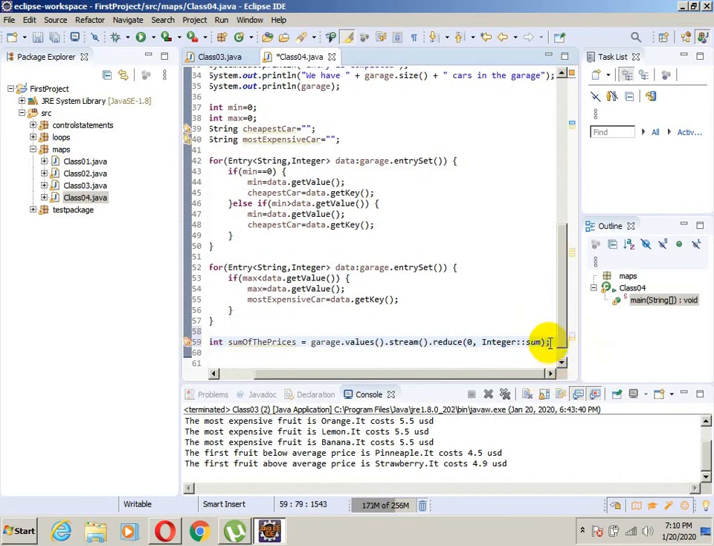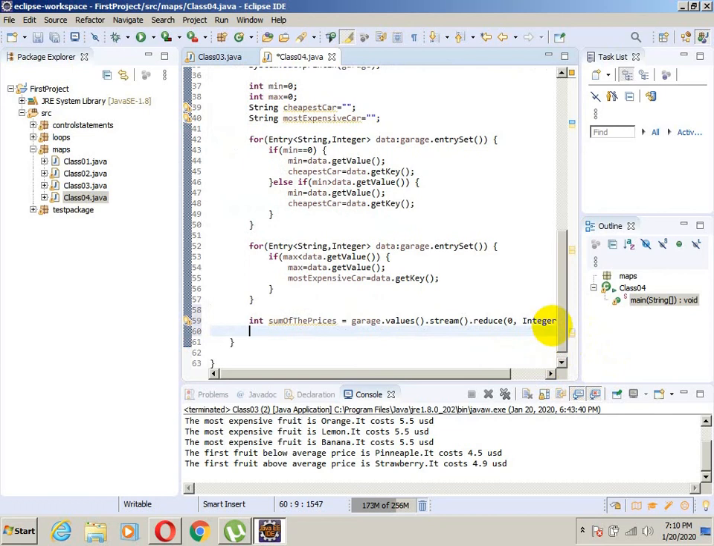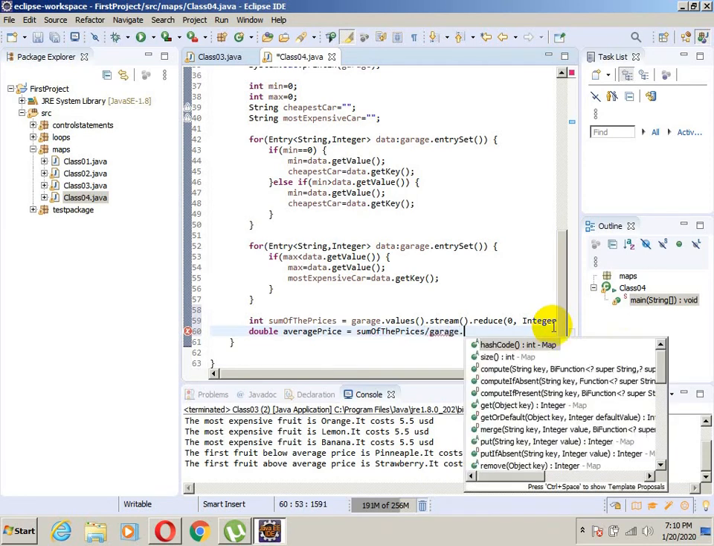Okay, semicolon, and we need average price. We will use a float, or double, float is the same thing. Okay, if you want a double, I will use a double. It will be average price will be sum of the prices. We will divide it by garage.size